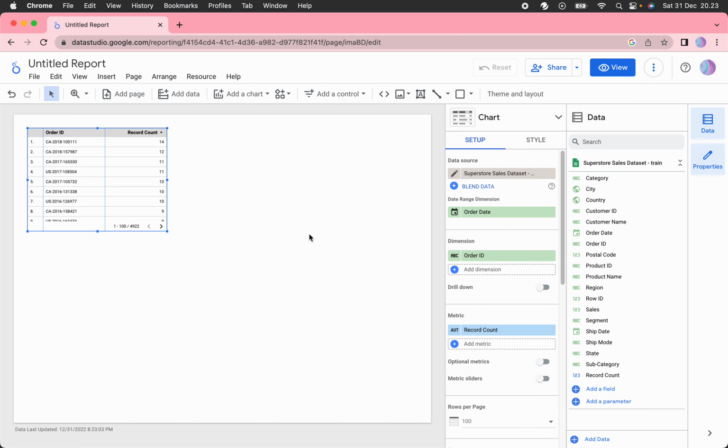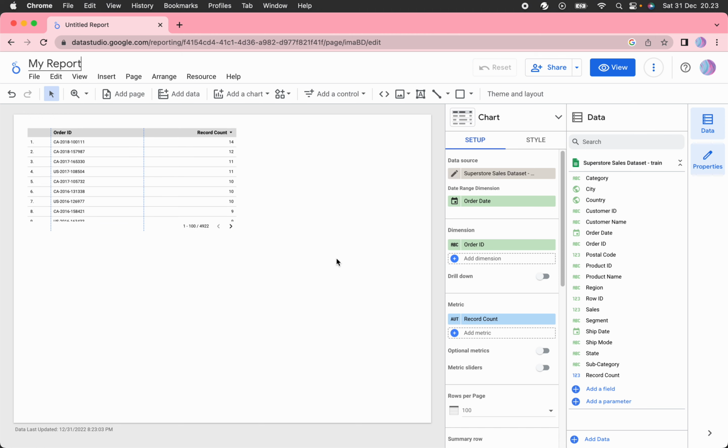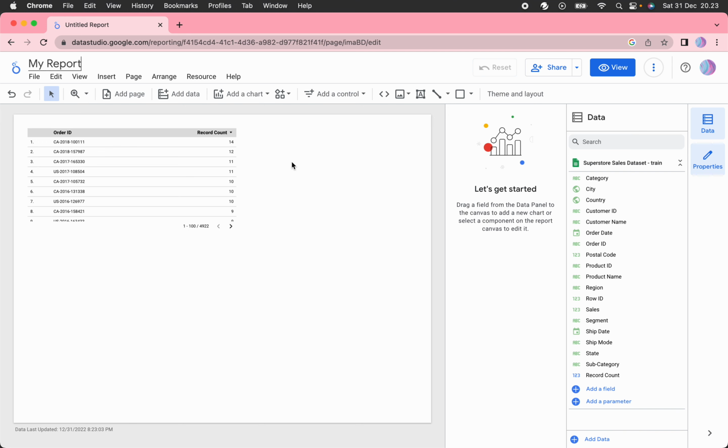And here we are in our workspace of Looker Studio. First thing that you want to do after you add your data source to your report is to rename your report. Just rename it to My Report, for example. And then I'm going to show you